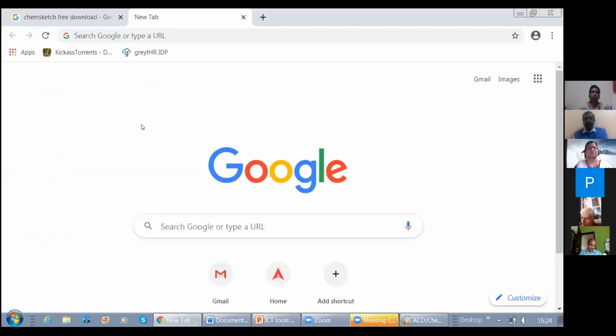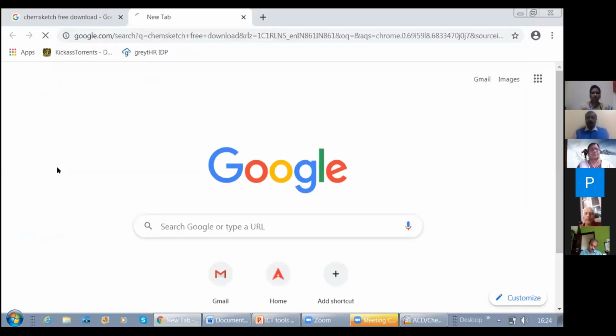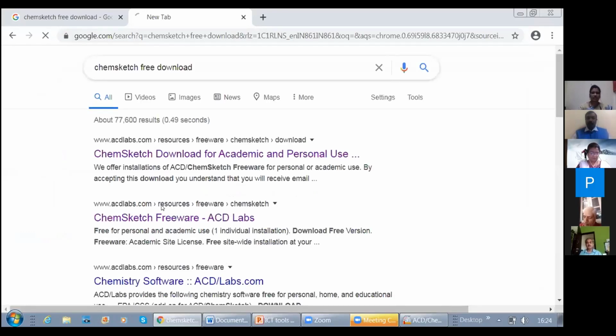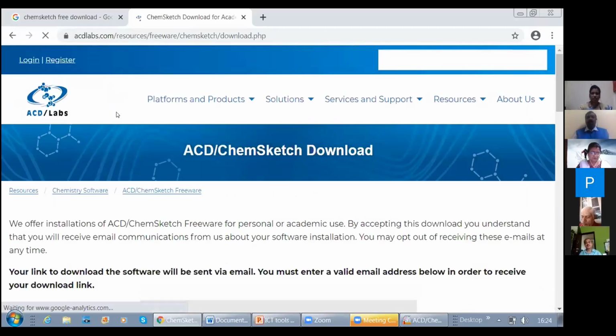To download it, go to the Google page. You need to type ChemSketch free download. Okay, the page opens. The first one says ChemSketch download for academic and personal use. You can click on that. It is from ACD Labs. So this page will open.